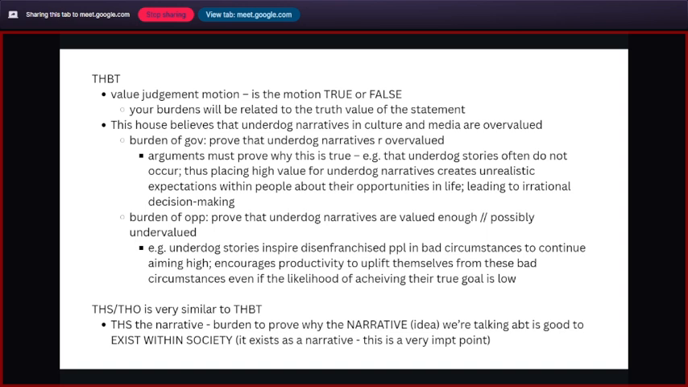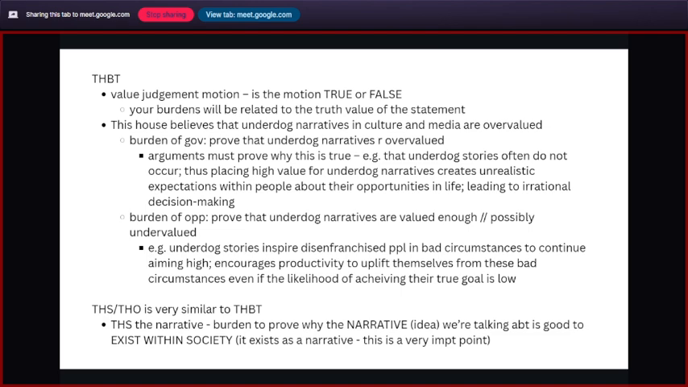So then you can just come up with an argument like underdog stories inspire vulnerable stakeholders to continue working hard and aiming high, so they are productive within their work, for example, to uplift themselves from these bad circumstances, even if the likelihood of achieving their true goal is low. What I mean by this is basically that they're going to be productive, they're going to work hard. So putting a lot of value on underdog narratives is very important for these